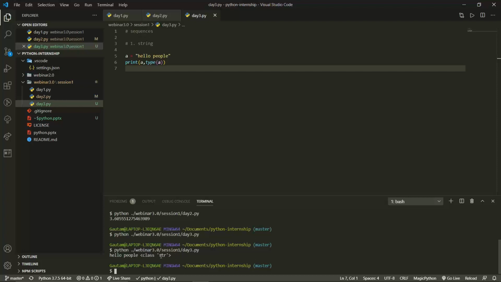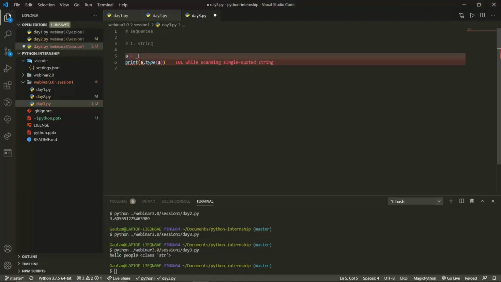So over here, strings. If you know a C++ or Java background, then you must have heard the word character. On those platforms, a character is defined with a single quote, and strings are defined in double quotes. So I will define a character in a single quote, c. This is a character. Now I will utilize this character and see the type over here.